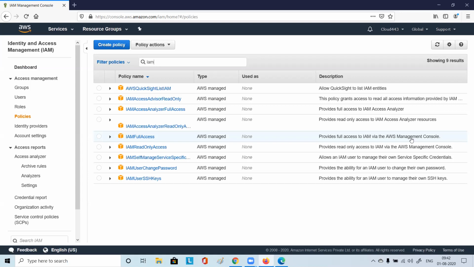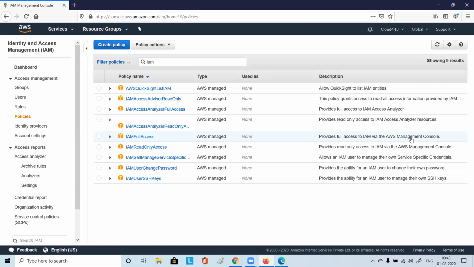However, the user was able to create a bucket or put something in the bucket. I think I had given only read-only, so the user could see the bucket and the objects. So it is about what kind of policy you are giving, right?